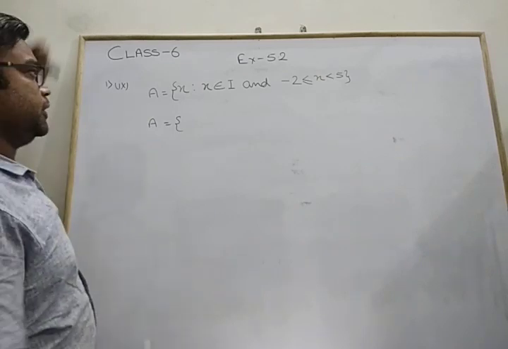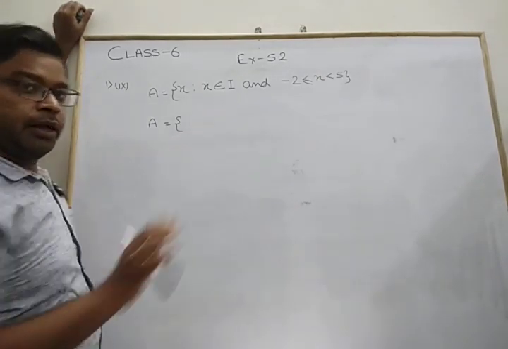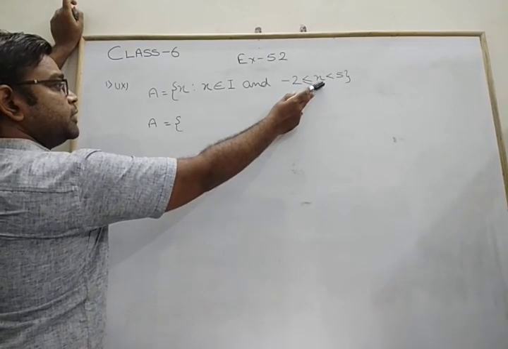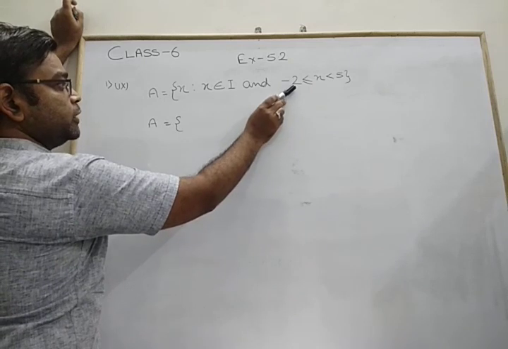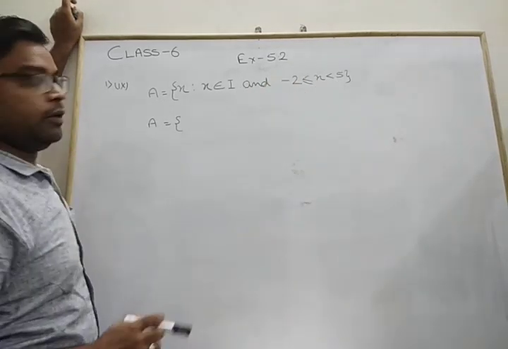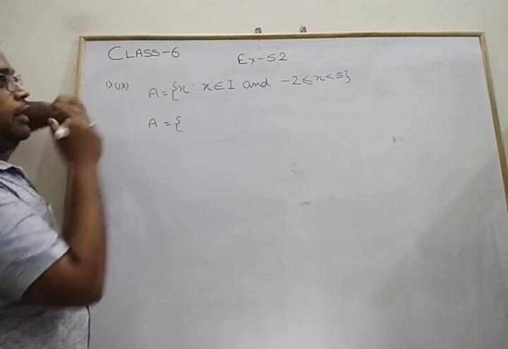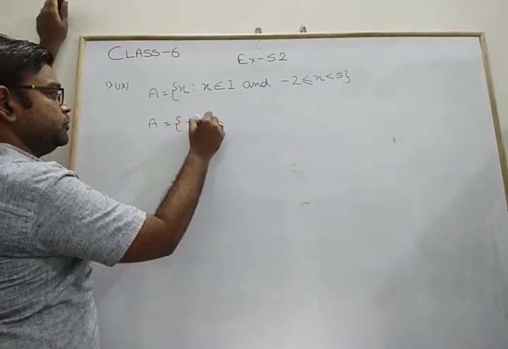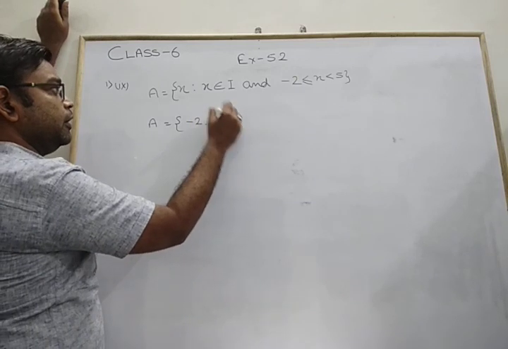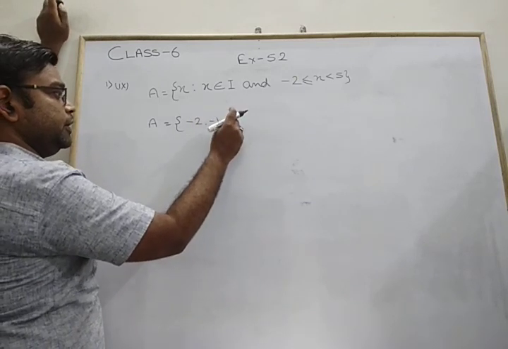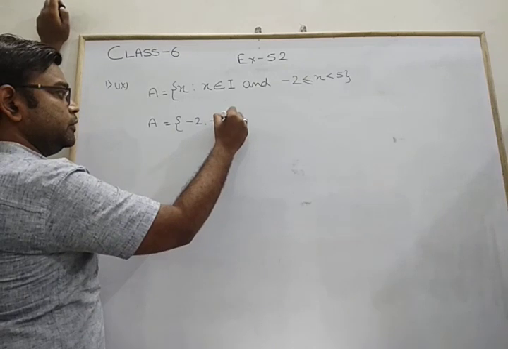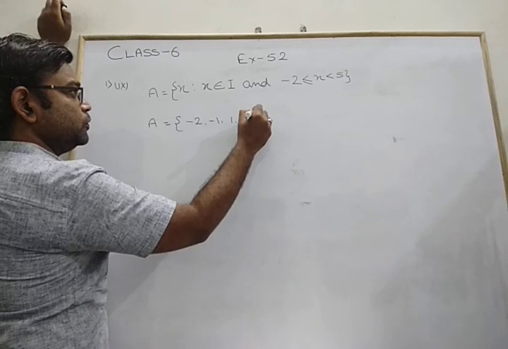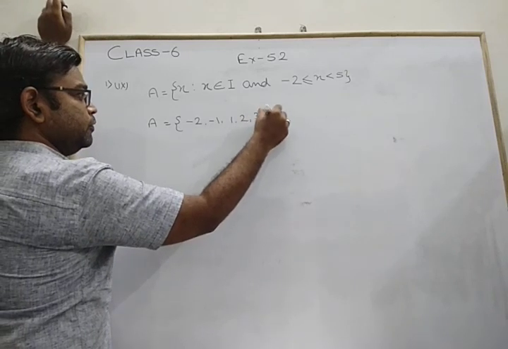in this condition it says that x is an integer. Integers may be positive, may be negative. Then in this case, the value of x is either greater than or equal to minus 2 and always less than 5. So from this we can easily find the members of set A. It's minus 2, then minus 1, 0 itself, then 1, 2, 3 and 4.